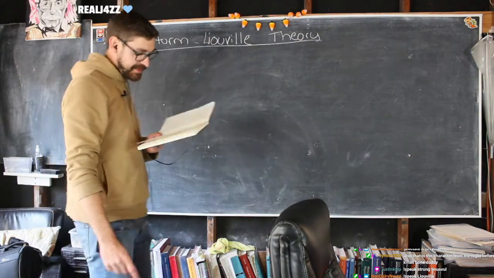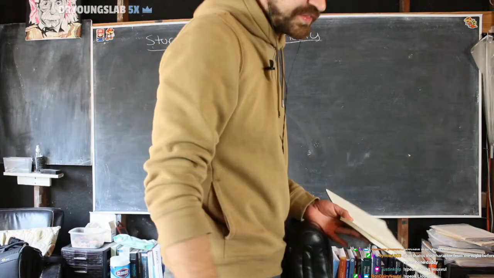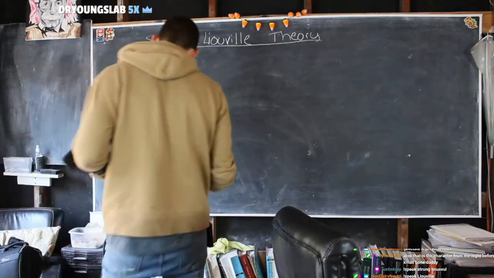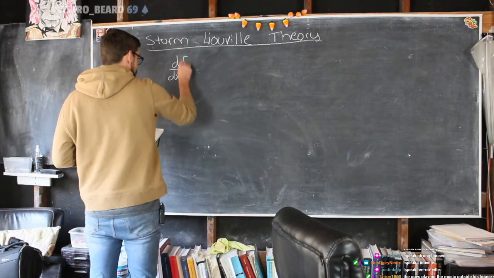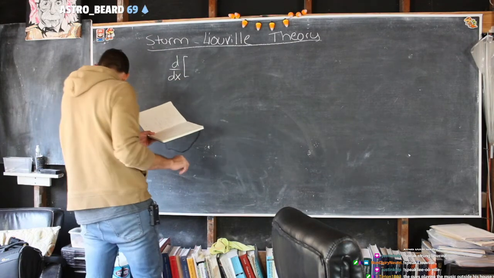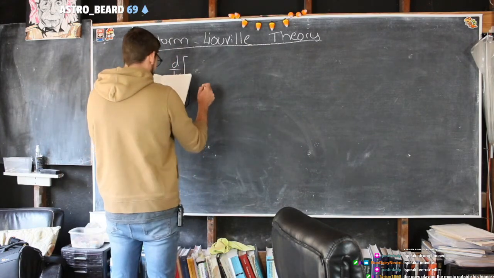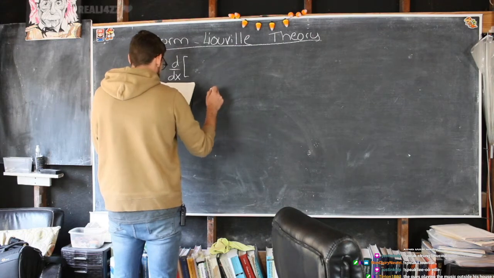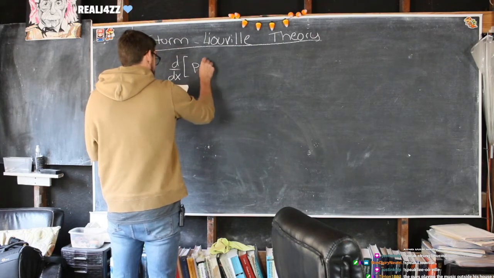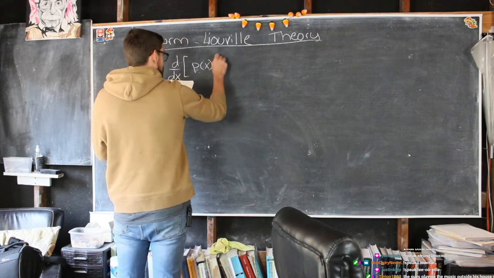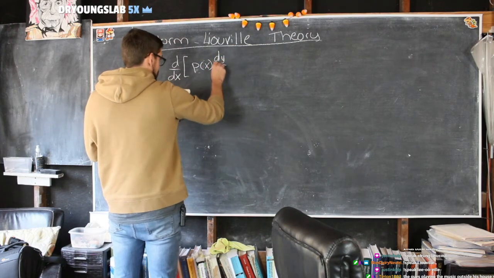But we're going to write the full differential form of Sturm-Liouville. Okay, the full differential form looks like this. So it's the derivative with respect to x of some function p of x dy dx